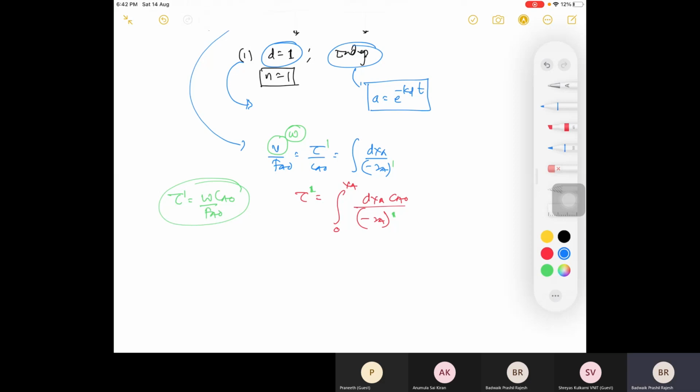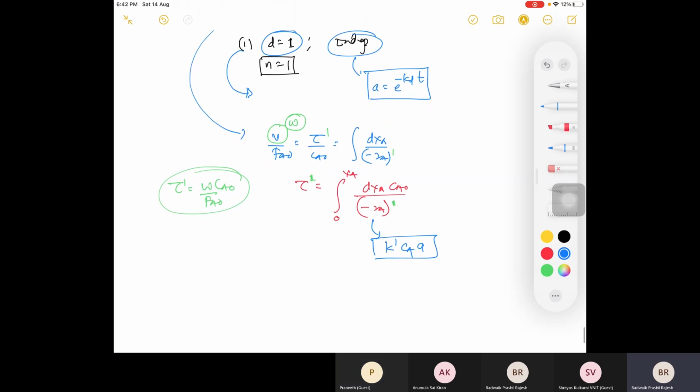Here you need to integrate. So minus Ra dash, what can you write here? K dash into Ca, yes. Then there will be activity, right? Because I'm telling about deactivation. So it will be mentioned whether it is under deactivation process or it is not. Okay, it will be given. So for now, you consider there is deactivation.